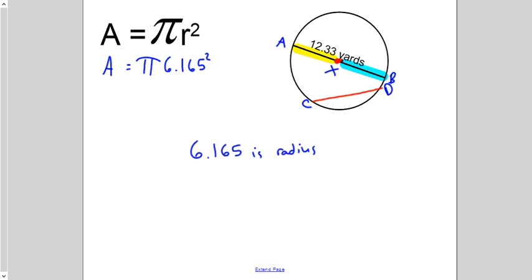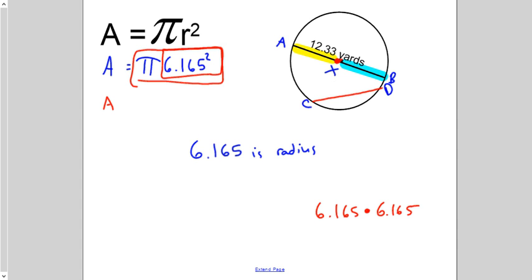And to show you how we can speed this up with the calculator, if you know how to type in 6.165 to the second power, which basically just means 6.165 times 6.165, that's all it means. We take this base and we multiply it by itself the number of times the exponent tells us to. But if you literally type this whole thing into the calculator, pi times 6.165 squared,